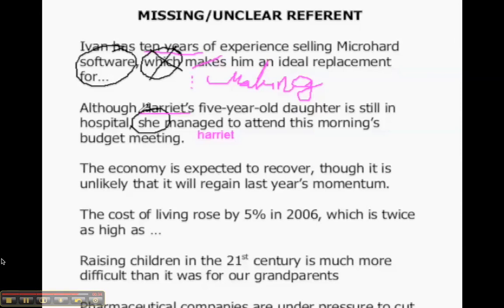The economy is expected to recover, though it is unlikely that it will regain last year's momentum. Now this looks relatively innocent. However, it's not good style to have the same pronoun not referring to the same thing. This first it is impersonal. The second it clearly refers to the economy. So it would be much better to say the economy is expected to recover,